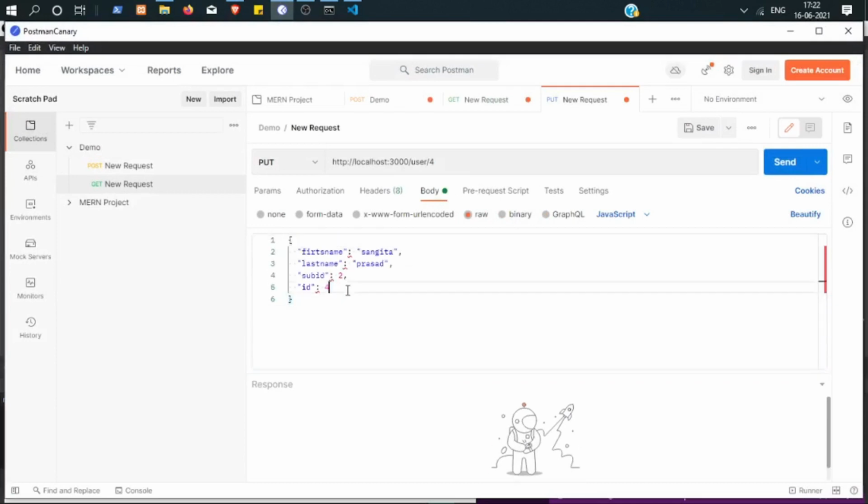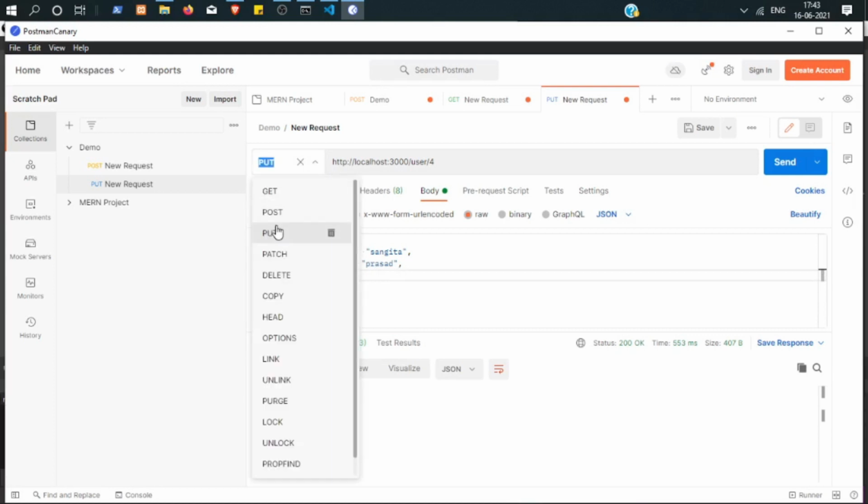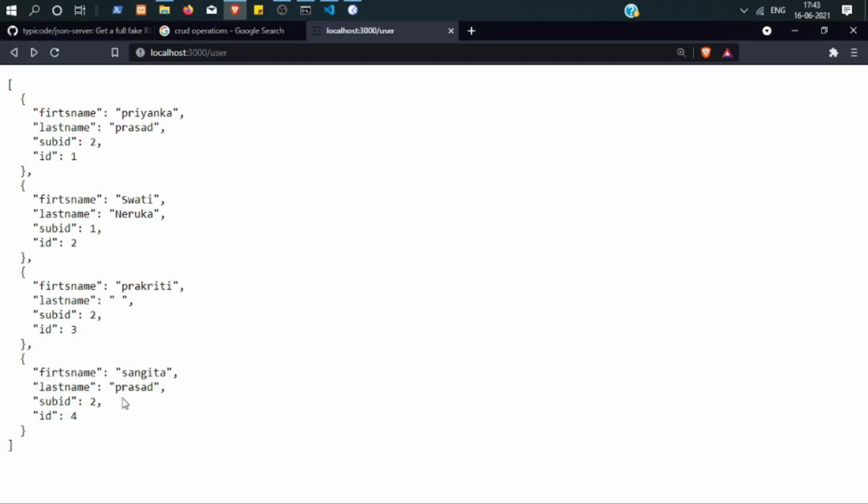As said, we don't require this. As I have selected this as a JSON, that's why it's throwing me an error. So you need to make sure you have JSON selected as the type of request that you want to send. So now I'm changing this. As you can see, this is Sangeeta and Prasad.